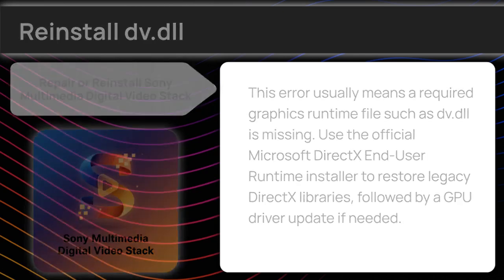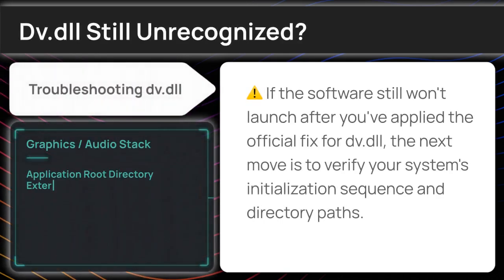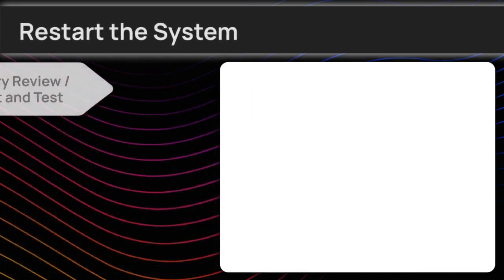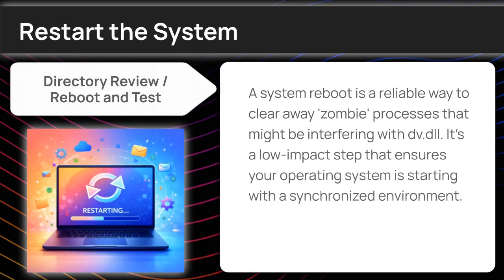needed. Should the reinstallation fall short, the next step in our protocol is to validate the integrity of your system's startup environment. A standard restart allows the Windows bootloader to rescan your system directories and potentially recognize an unregistered DV